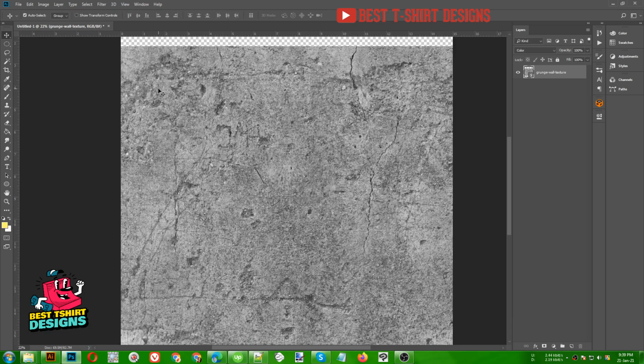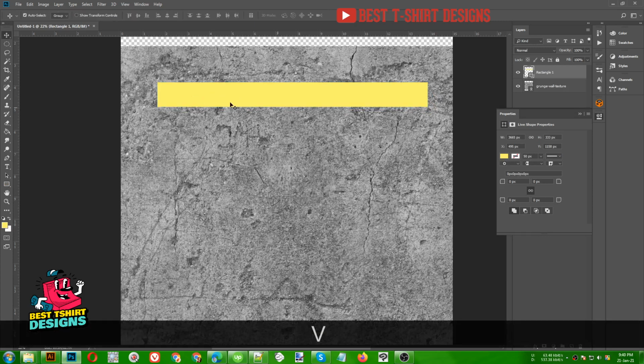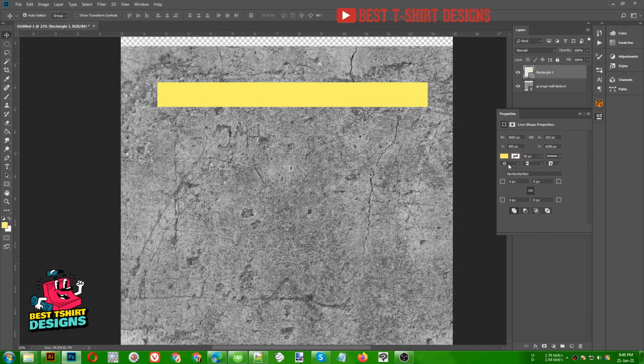Now we are going to create a vintage sunset effect here with this texture on it, and for that the first step is we need to create some rectangles. I don't know how many I will create, just randomly create some rectangles here, and you can see this is the properties panel of it. We have right now yellow fill, no stroke, that's fine.